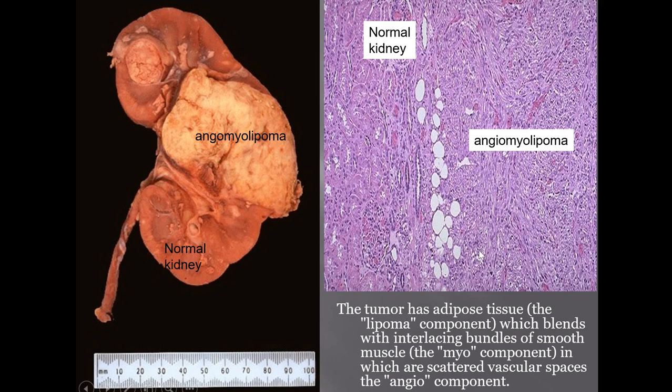But when you take the slide and you see, this is normal kidney here, where you can see this is glomerulus, these are tubules, and adjacent to the normal kidney you see the angiomyolipoma component. This is the angio component. You can see many blood vessels, proliferating capillaries, all these red things are the proliferating blood vessels. The myo component, where you can see all these are the smooth muscle cells arranged in interlacing fascicles. And you can see the fat here. These are the fat cells or the adipocytes. So you have the lipo, you have the myo, and this is the angio. So angiomyolipoma, benign tumor. Adjacent, this is the normal kidney we see.